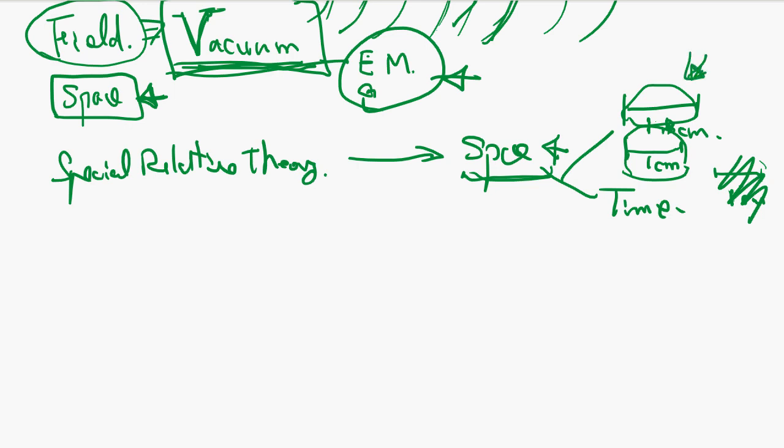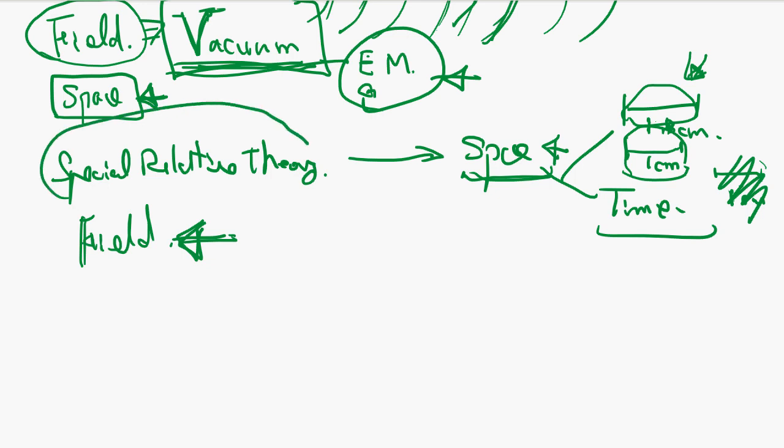Okay, this kind of thing happens. And field theory gets complicated with this kind of special relativity theory. So what Einstein did is incorporate special relativity theory into field theory,